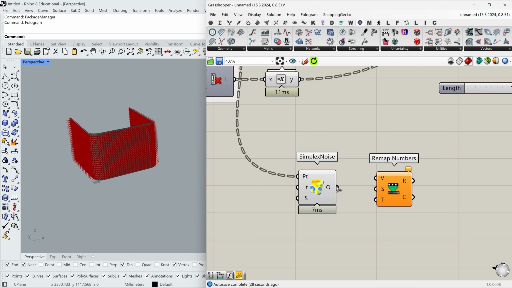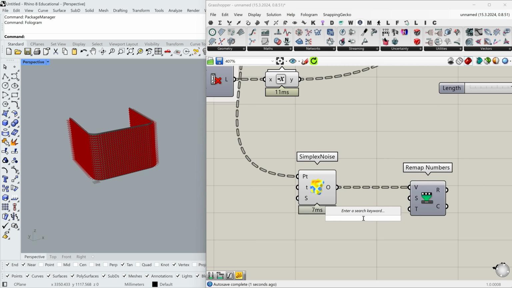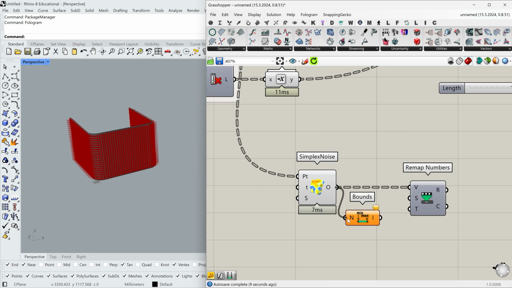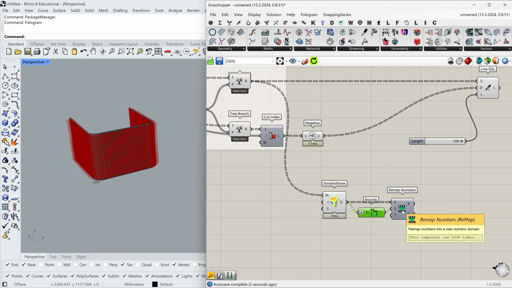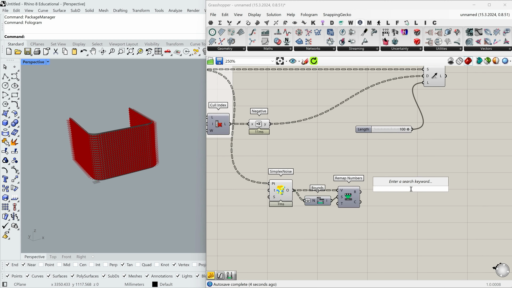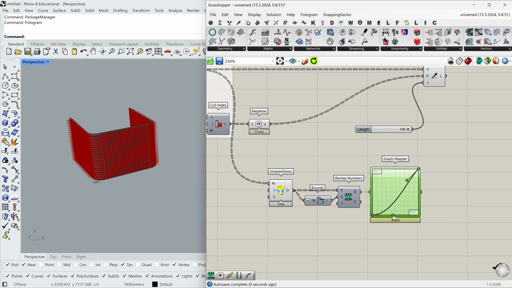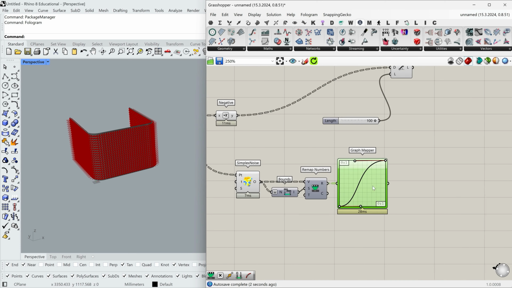I'm going to remap all the numbers from Simplex Noise using Remap Numbers component and Bounds component. Here we go. After that, let's have a Graph Mapper with a Bezier spline. Something like that.